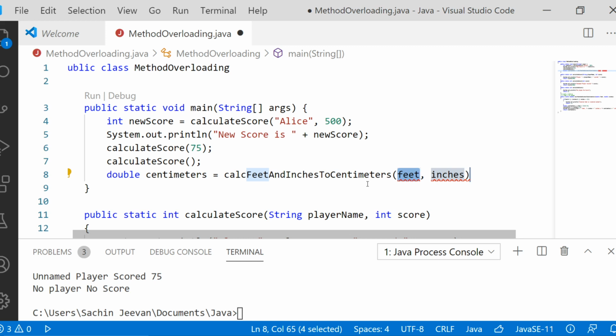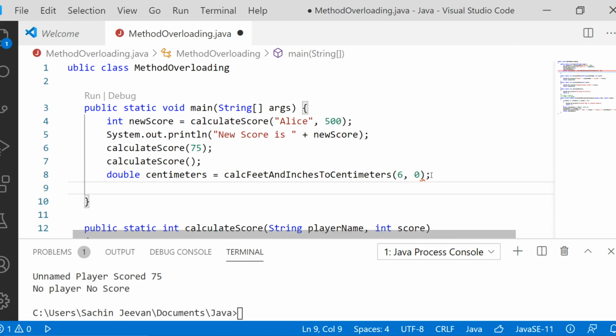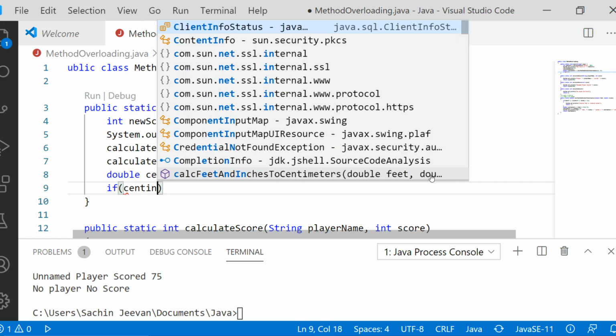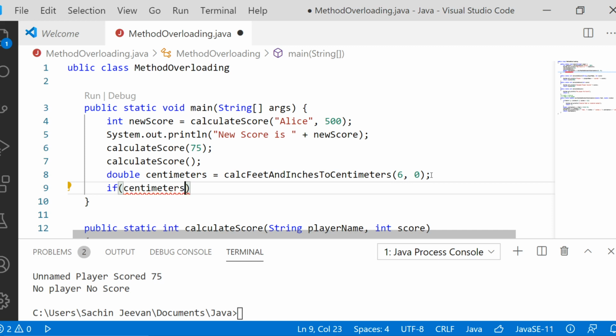So we are just going to send 6 comma 0, and after receiving the centimeters, if the centimeters is less than 0, then we have to print invalid parameters. Just a kind of check. So if centimeters is less than 0.0, because it's a double value, right?